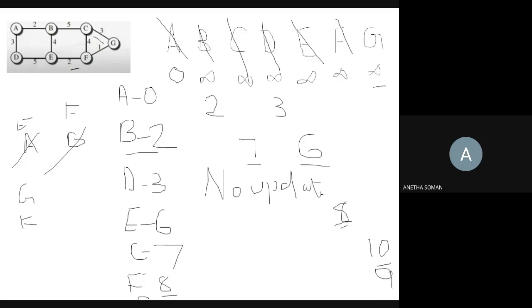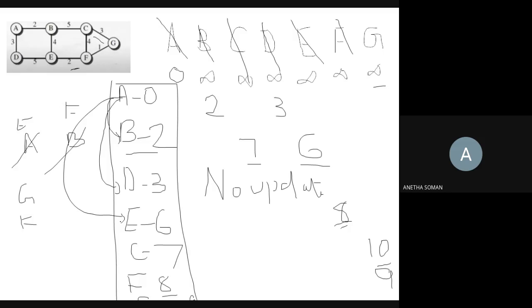G is equal to 9. What I have obtained here is very, very important. I have a source node, or root node, A. From A to B, the shortest path is equal to 2. The cost is equal to 2. I can reach node C with a distance of 3, E with a distance of 6, and D with a distance of 7. I can reach F with a distance of 8, and G with a distance of 9.